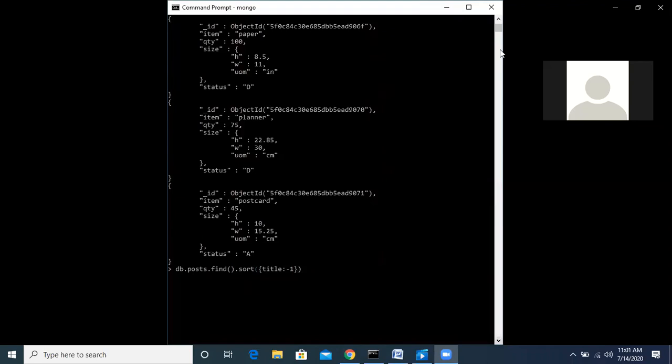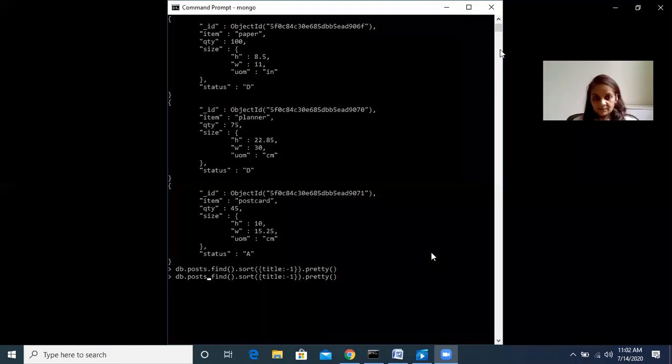So this is for descending order sorting. Now remember, we have not created a post database, so it is not showing anything. So our database was inventory. Let me correct my mistake.